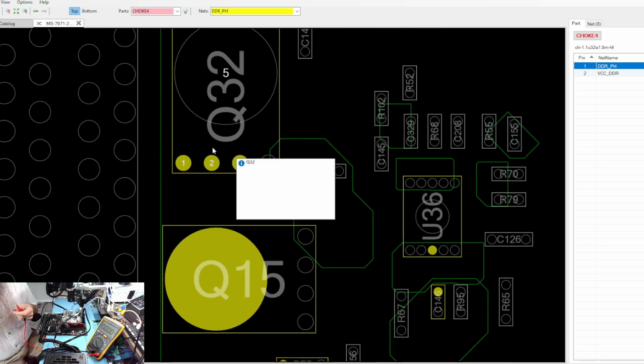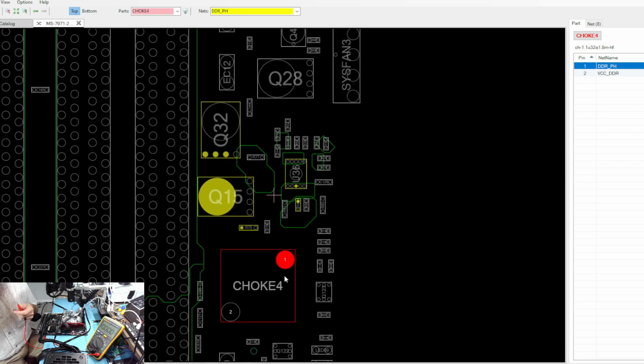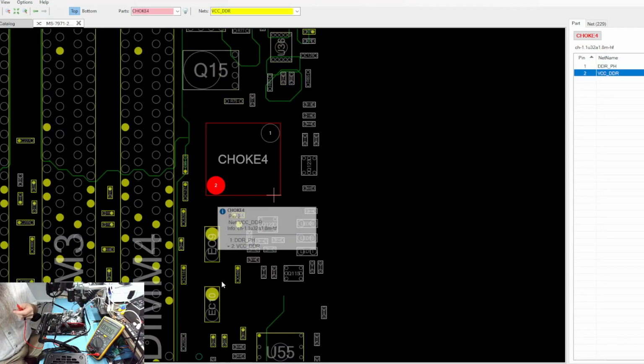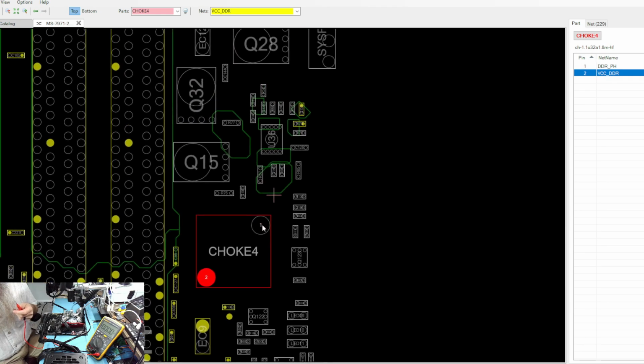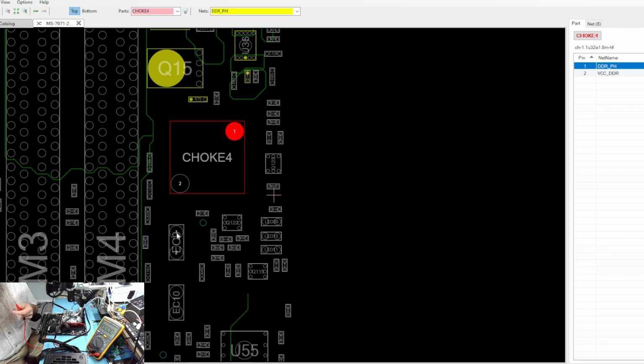So if I measure here, I should have 1.2 volts. As you can see, this is before the choke, right? It's kind of counterintuitive, but I can't connect to anything here